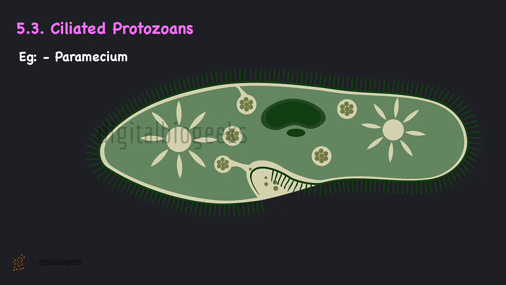Ciliated protozoans. They are characterized by the presence of hair-like organelles called cilia, which are identical in structure to the eukaryotic flagella but are in general shorter and present in much larger numbers. They have a cavity that opens to the outside of the cell surface. They move through water while allowing the food particles to enter through the gullet. Example is Paramecium.